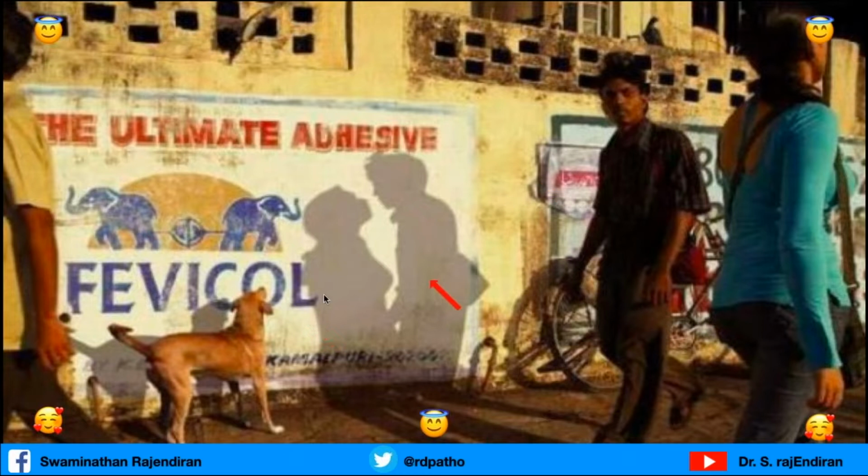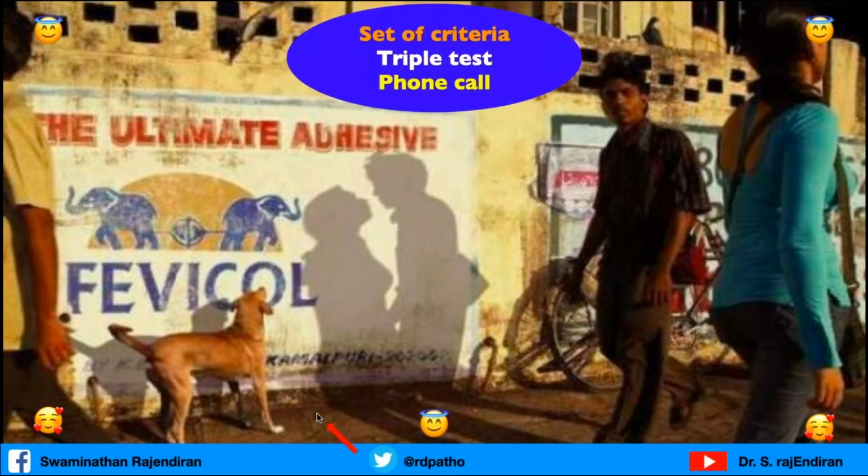For example, if you see this picture, it looks like a boy and a female are close together here, almost there. But in the real picture, they are walking well apart. So this is why you should not give a final impression only by pathology. You have to always correlate with clinical and radiological findings, what we call the triple test. A simple phone call is very, very important, and it is always better to sit with the pulmonologist and the radiologist. In that case, we will get a very nice diagnosis for the benefit of the patient.